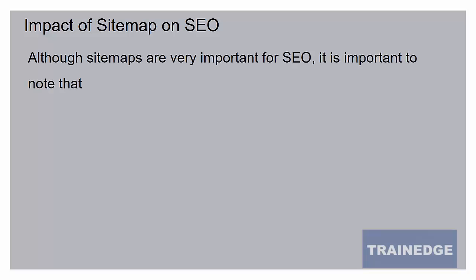So the important thing to note is that a sitemap's role is to help search engines index the pages on the site, not to help the search engine decide how good that content is and where it should rank. So it does not impact search rankings, but it is an important first step in making sure that your page is included in the search rankings. Where it shows up will depend on the quality of content and what kind of backlinks point to it.